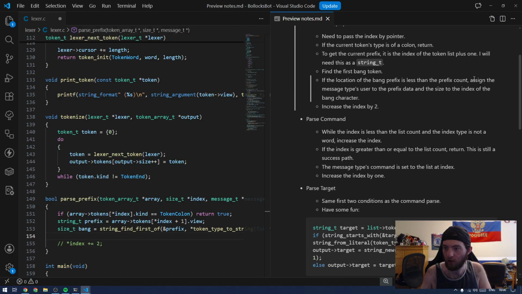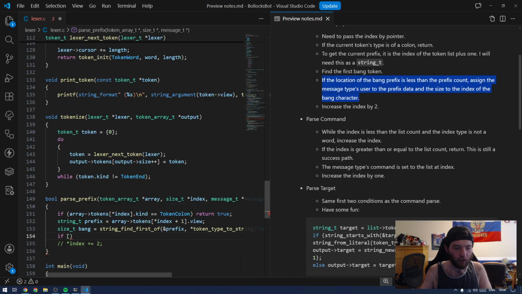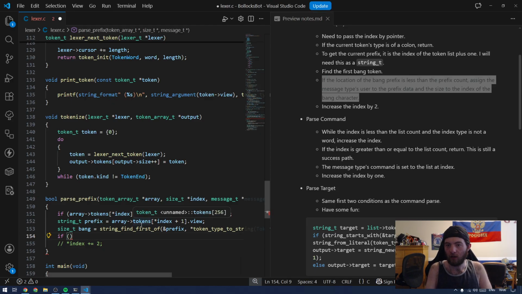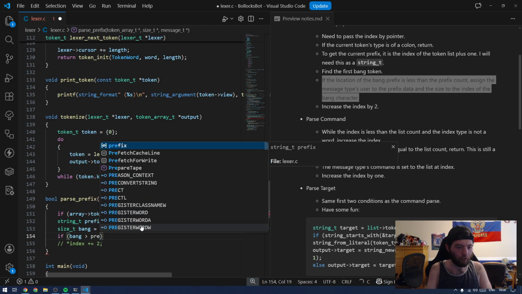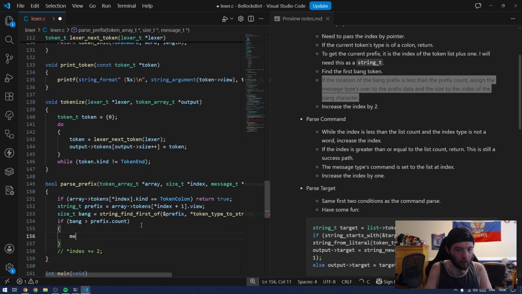If the location of the bang prefix is less than the prefix count, then assign the message user type to the prefix data and the size of the index, the bang character. Yes, sir. And we're following along right here. If bang is less than the prefix count, then the message